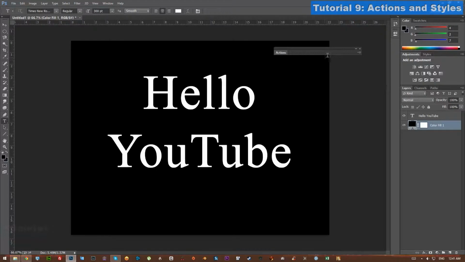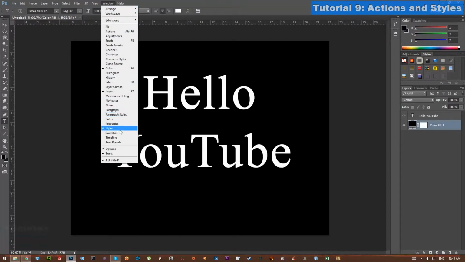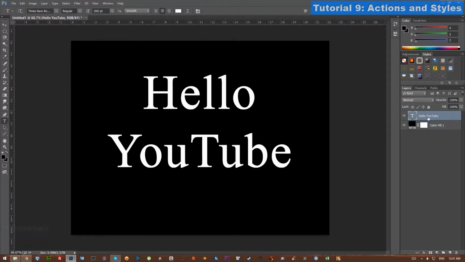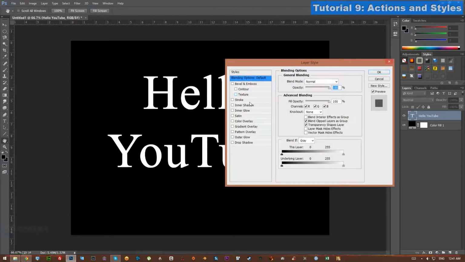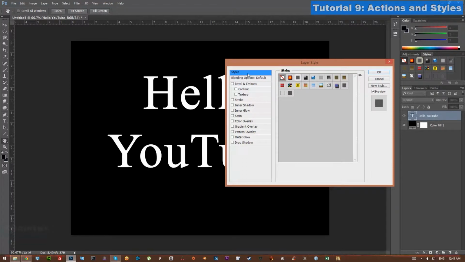Now, styles is over in this panel over here in your styles panel. So just go to Window, Styles, and you can also bring up styles if you double click in the area to the far right of that layer. And this brings up your styles, and using these options and a combination of them, you can get some really nice effects. There's some default ones that are in here,